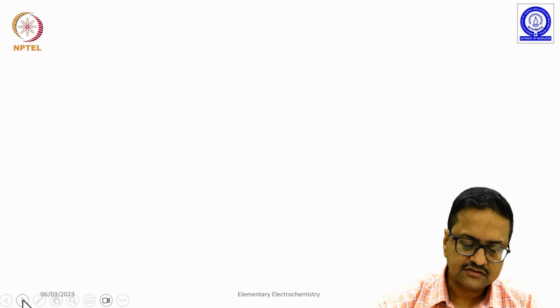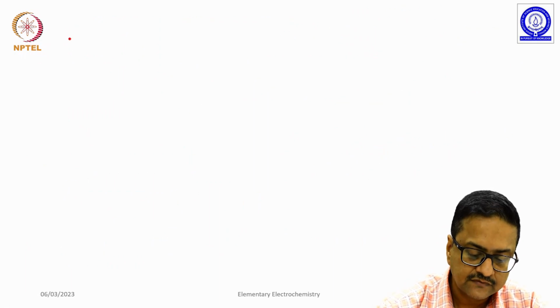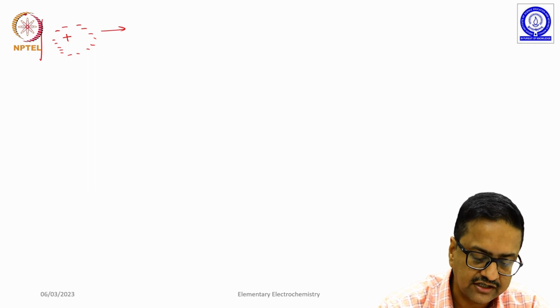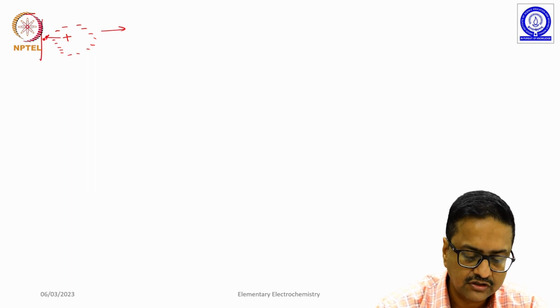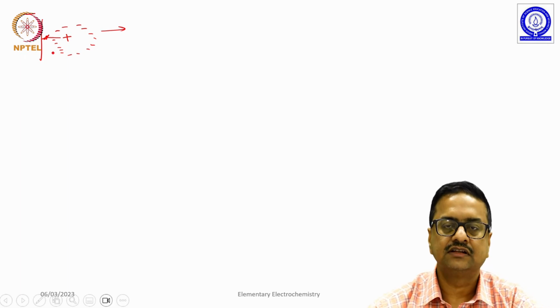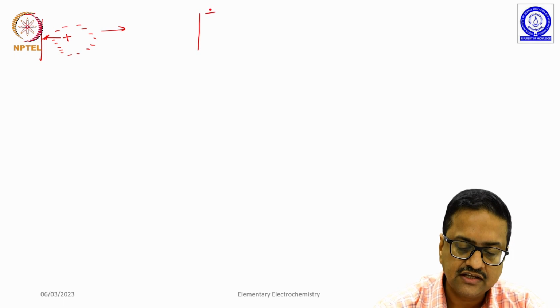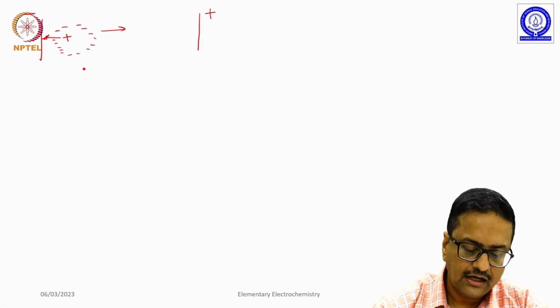So, in this condition what happens is the positive ions get a drag of negative ions in the opposite direction, because positive ions are trying to move towards the negative electrode, but these negative ions are trying to pull it towards the opposite direction, and this